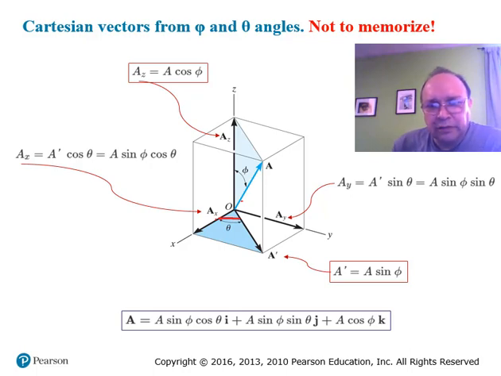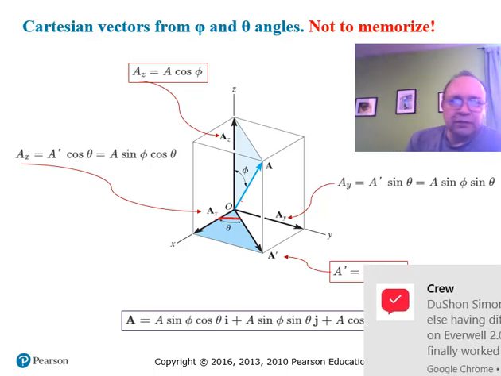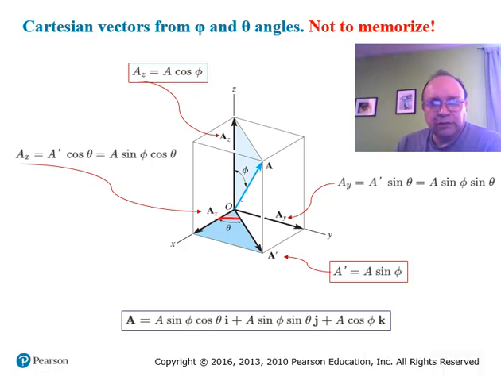And you have this... Now let's say that you don't have the coordinate angles, but you have these angles here, phi and theta, where phi is the angle with respect to the z-axis, and theta is the angle of the